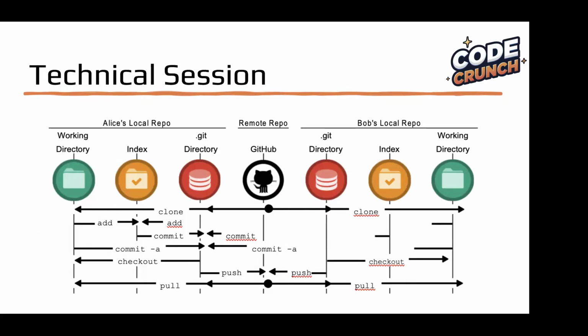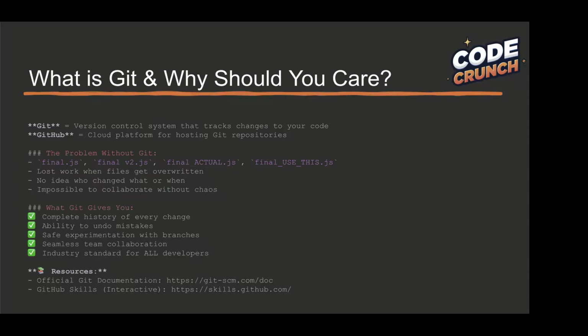This is going to be a technical session, and you're going to learn essentially the basics and an introduction to Git and GitHub, so you can have version management over your projects and follow best developer practices. So what even is Git and why should you care? If you're new to Git, you don't know what it's for. Git is essentially a way to version control the changes to your code.